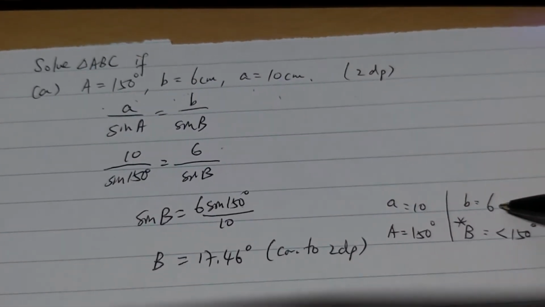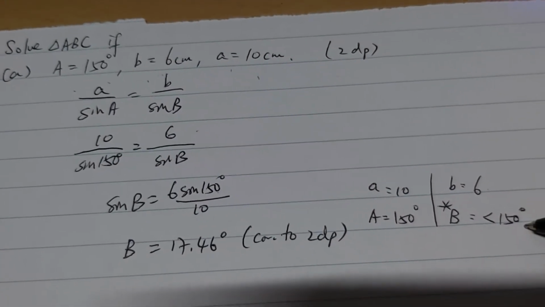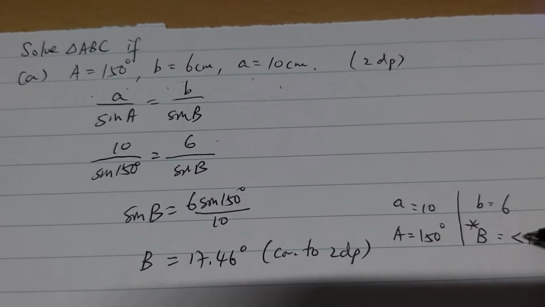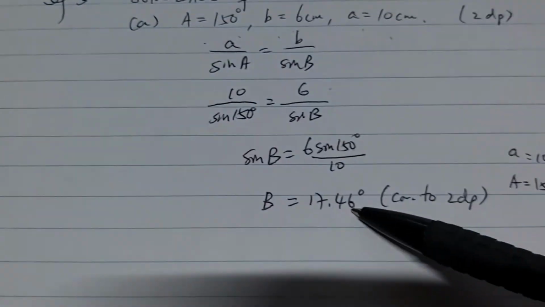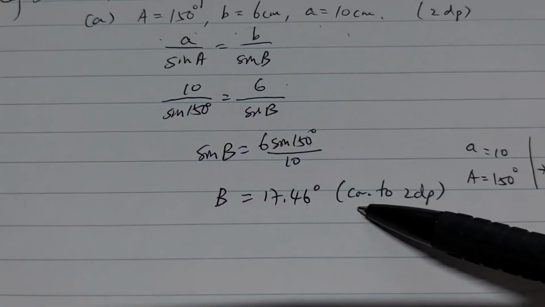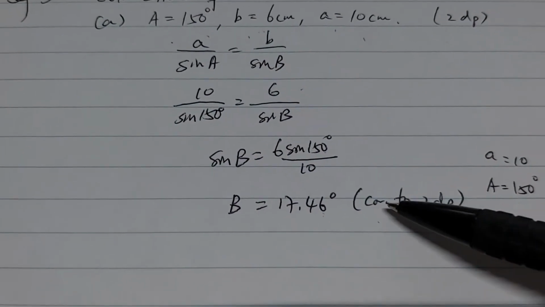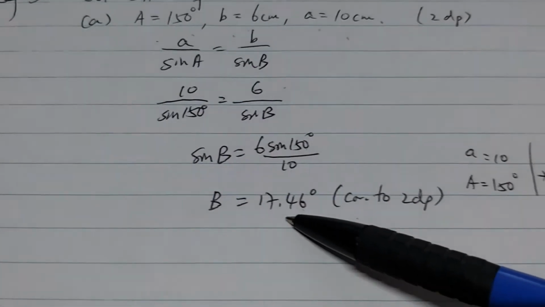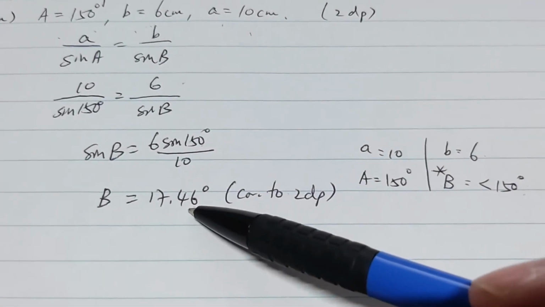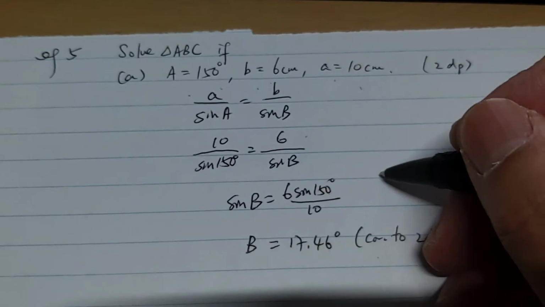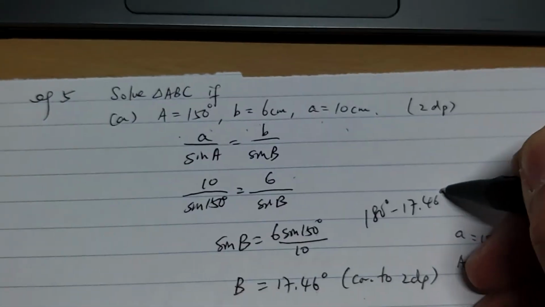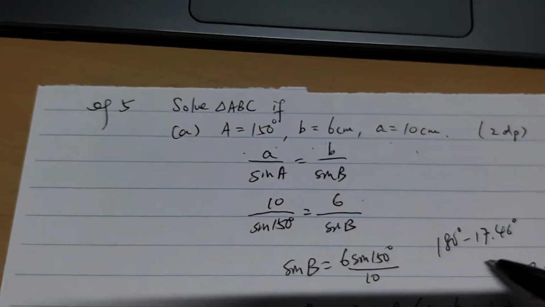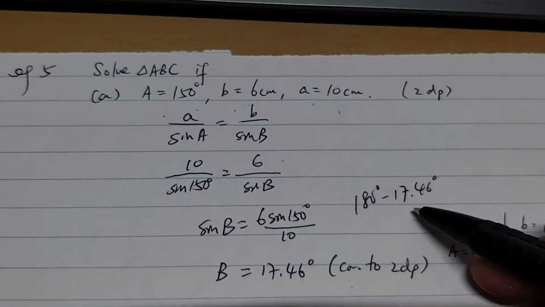So for a shorter side, the angle is smaller. So it must be less than 150 degrees. Yes, this is smaller. And another result is 180 degrees minus this angle. Okay, 180 degrees minus 17.46 is about 18